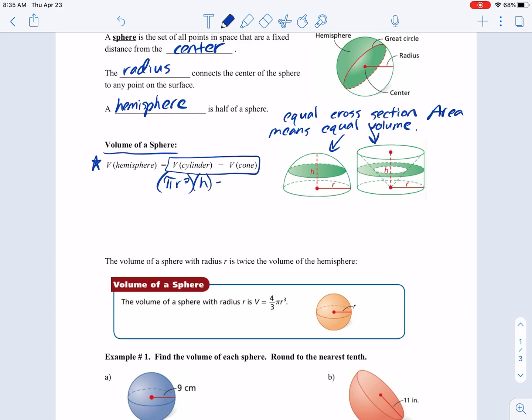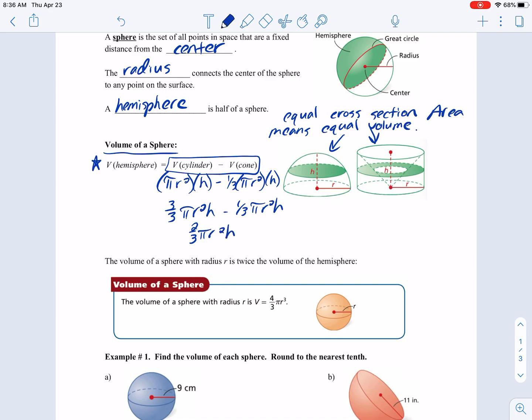And then the volume of a cone is the same formula, but 1/3 area of the base times the height, okay? And we're really left with pi r squared h minus 1/3 pi r squared h. These are like terms. So if this is 1 or 3/3 and we're subtracting 1/3, we're left with 2/3 pi